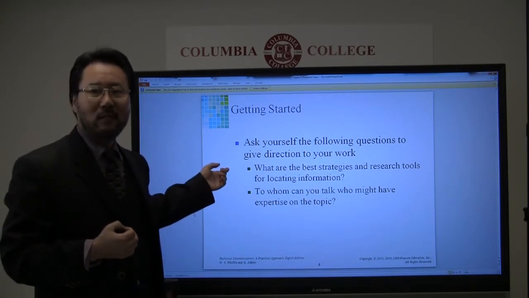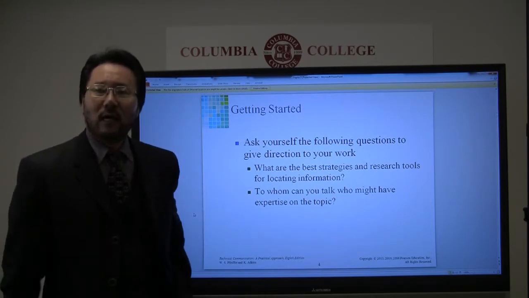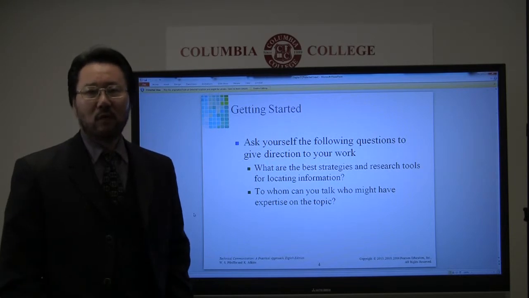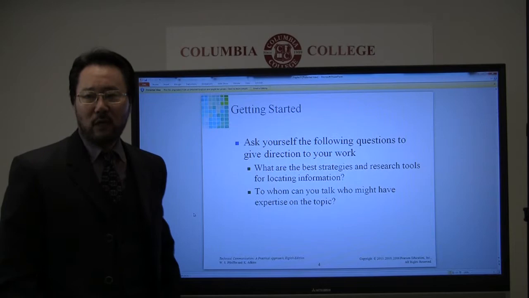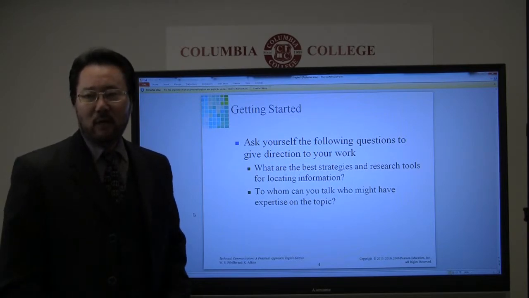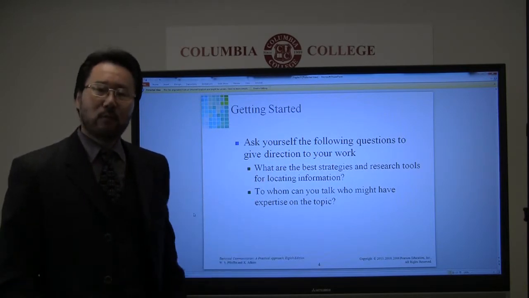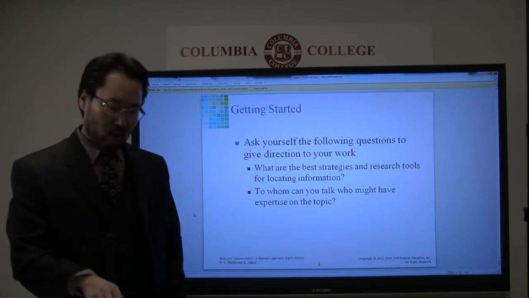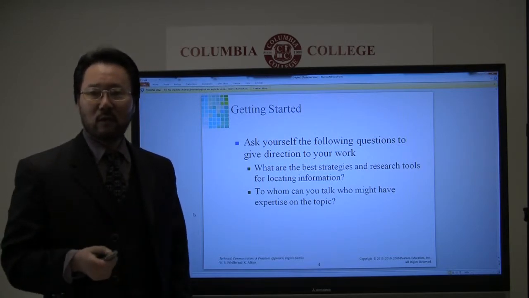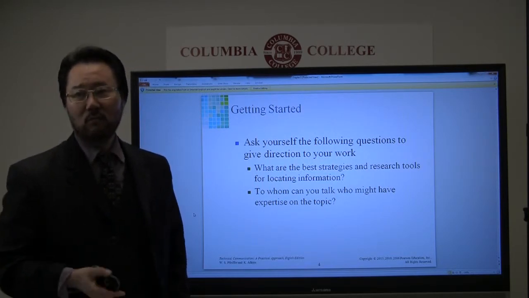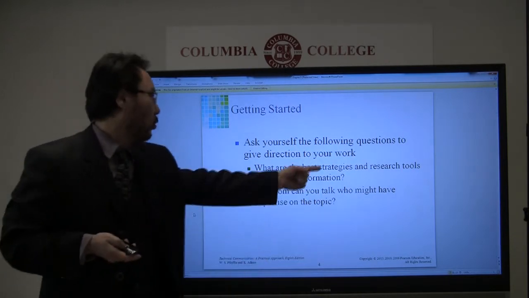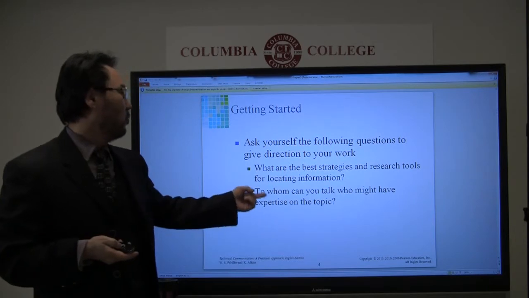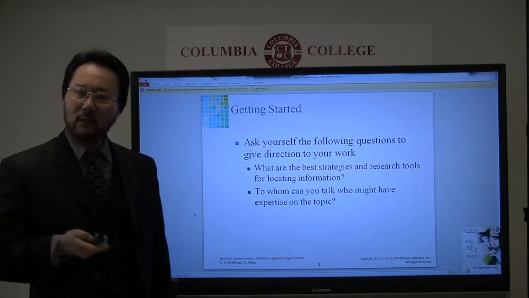What are the best strategies and research tools for locating information? To whom can you talk? And who might have expertise on the topic? So you start with the fundamental questions: what is the best strategy, which research tool am I going to use, and who are the experts that I should talk to?